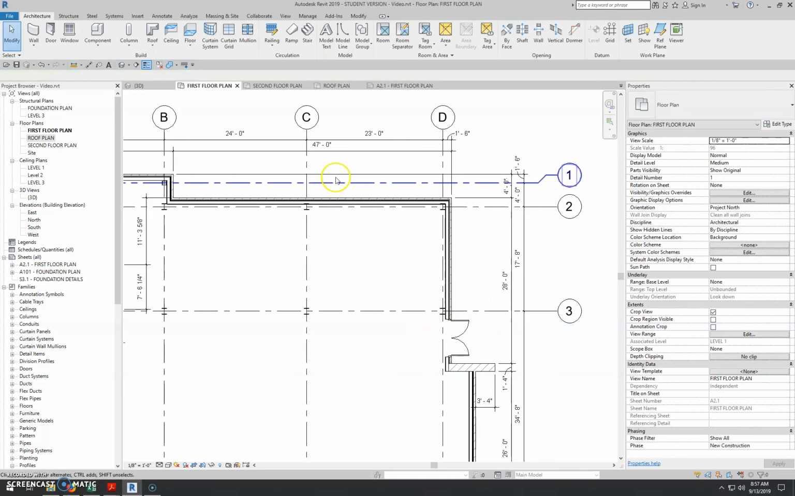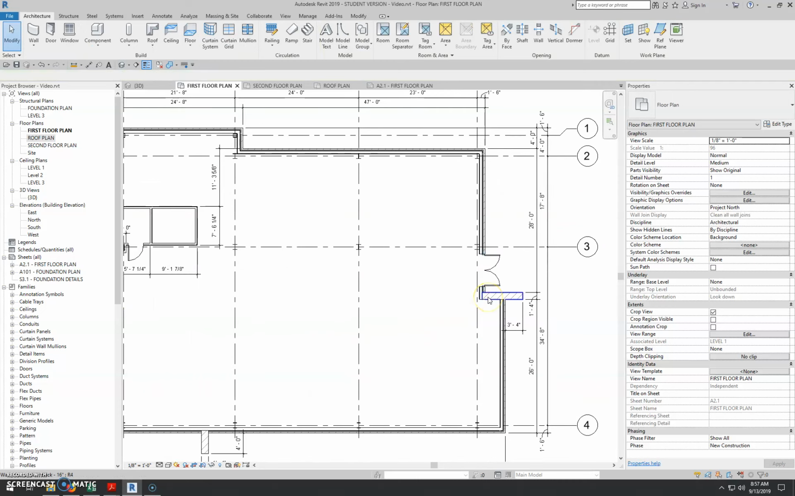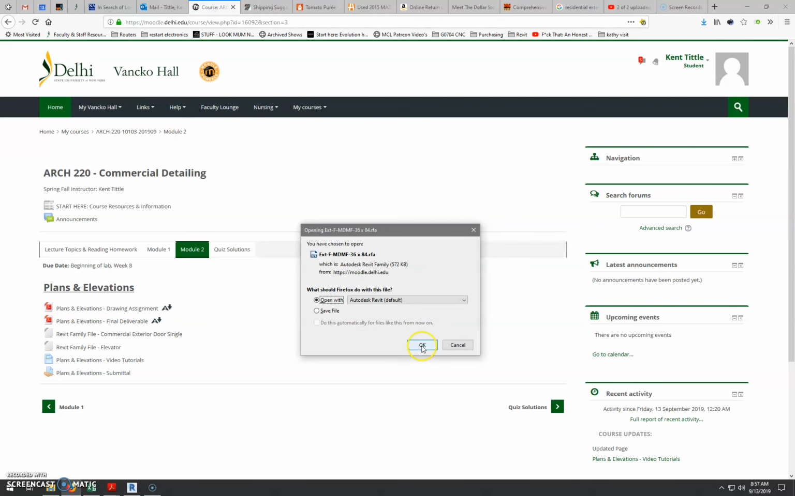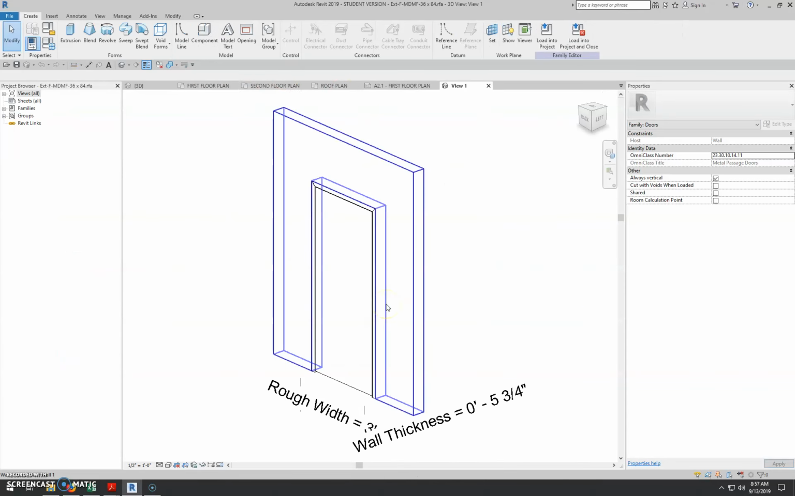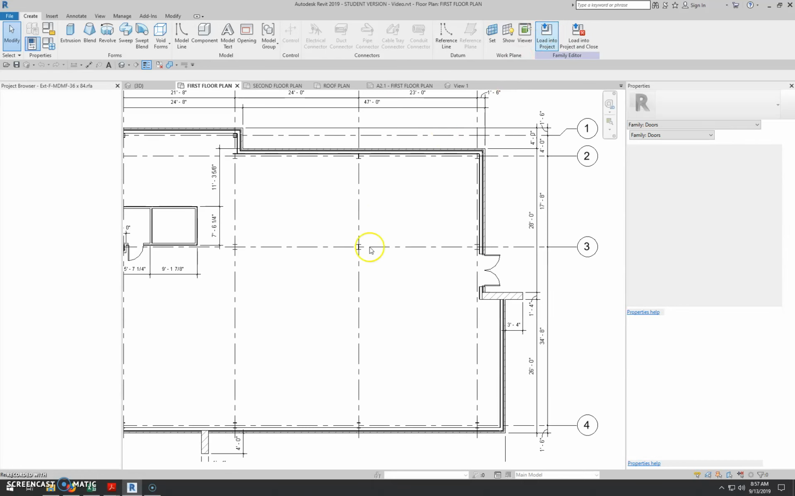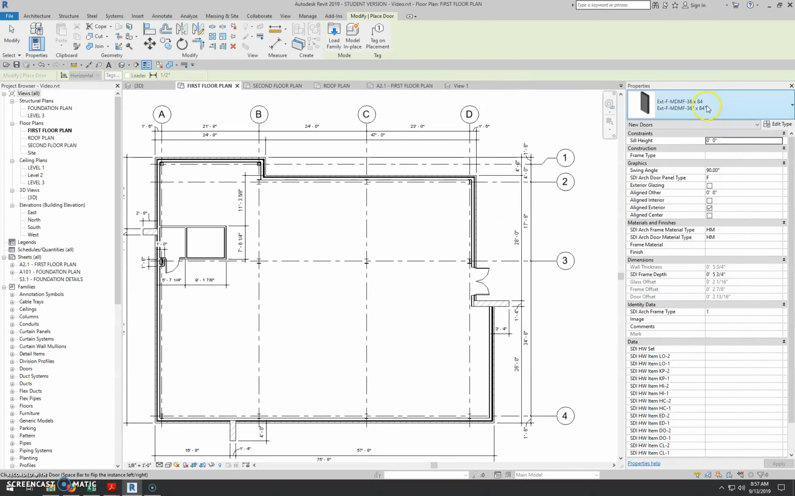The single doors are not included in Revit out of the box content, so what I've done is I've placed them on our Vanco Hall website here, and there's two family files that you need to download for this, the elevator and the commercial exterior door single. So if you simply open that, it'll open right in Revit, but what you're doing is you're opening a family file. So this is not our project anymore, this is a different file. So to get this in our project, just like we did our title block, we have to hit load into project,